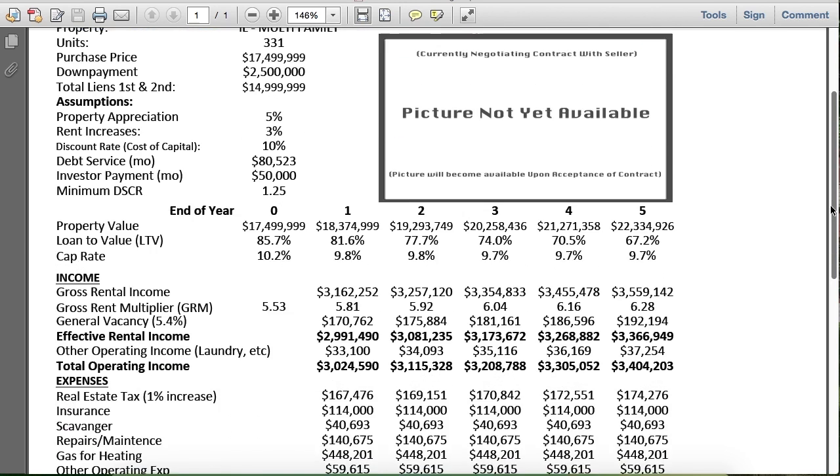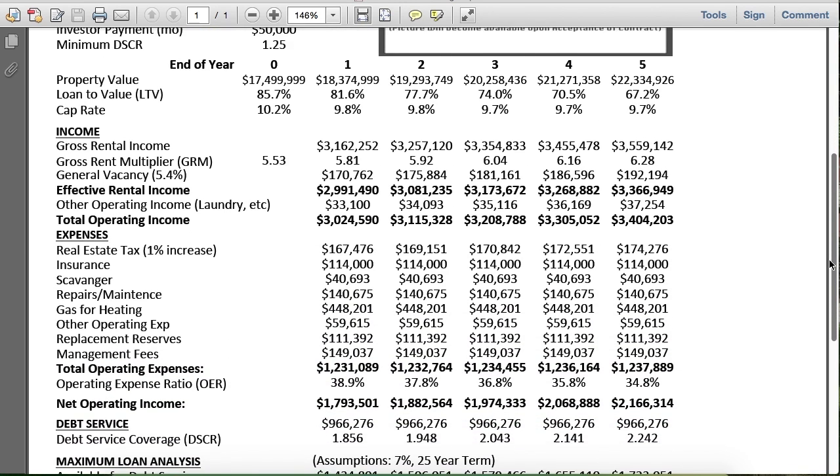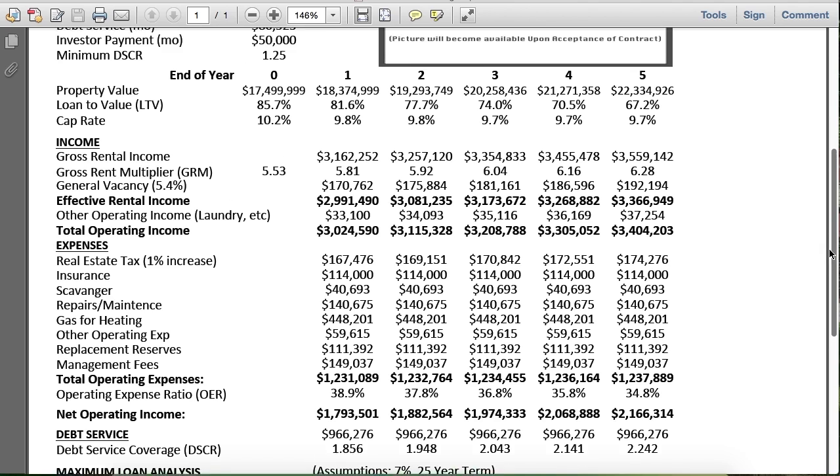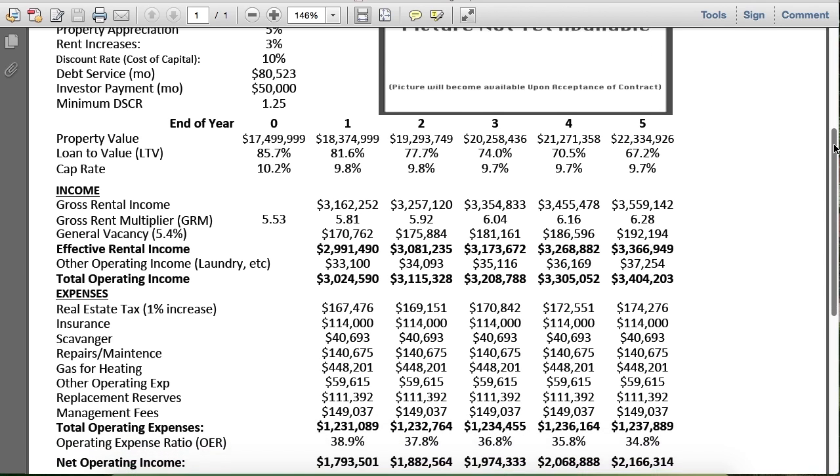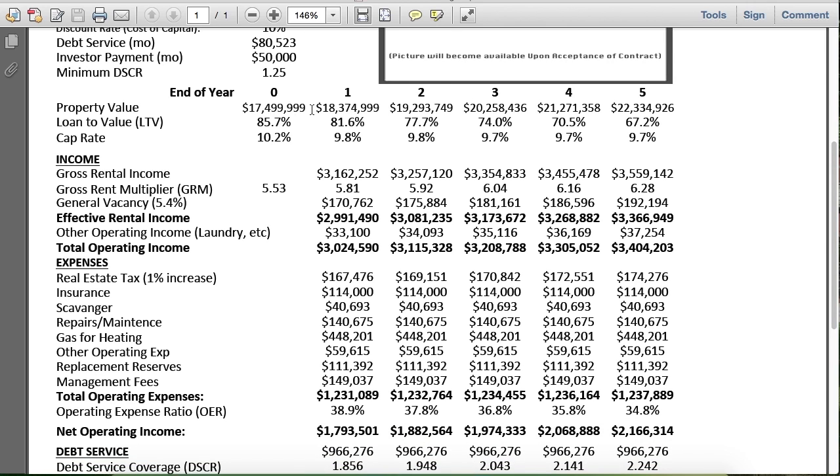So now what we're going to do is look at end-of-year estimates. Remember, we talked about a 5% appreciation, and I went through a couple scenarios in the last video to show you how that's a very conservative number, and we should actually be able to grow it a lot quicker than that. We're going to be using rent increases of 3% in this video. So here we go. We're using the purchase price right here,